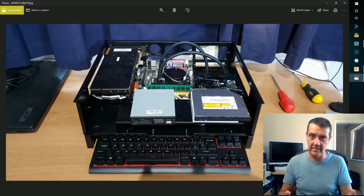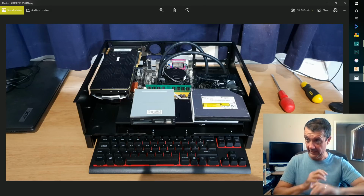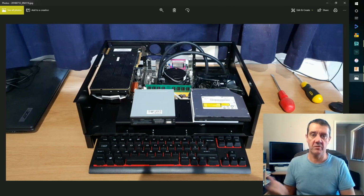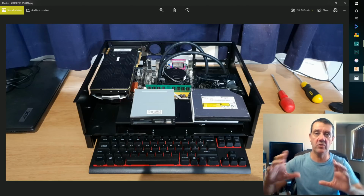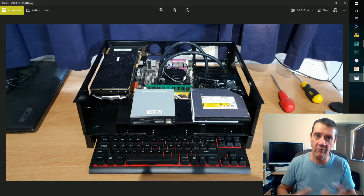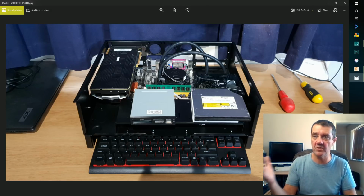And the case is the metalwork and the plastics at the front and the LED panel. That's it. The rest of it is extras. If you want the 500 version, there's an adapter board. That's not included, obviously, because it's an extra. Not everyone needs it. But the £150 for the case, I think, is a bargain, because there was another